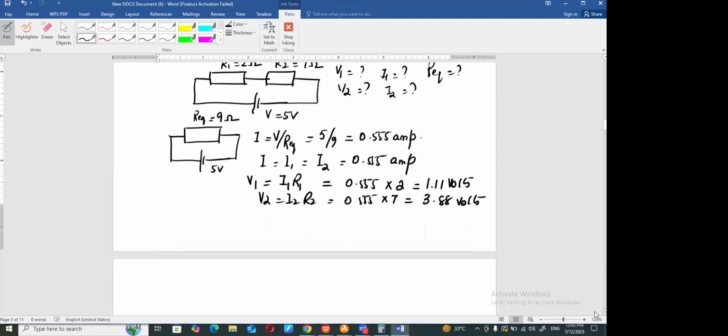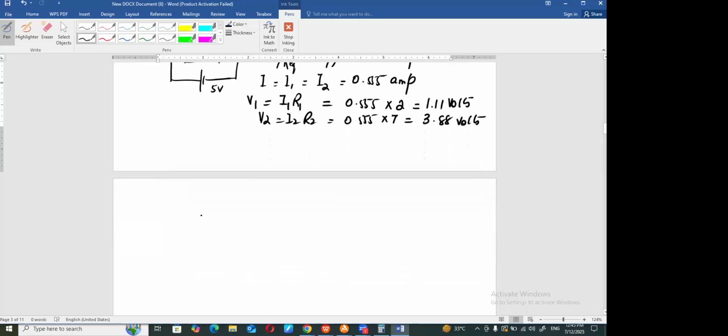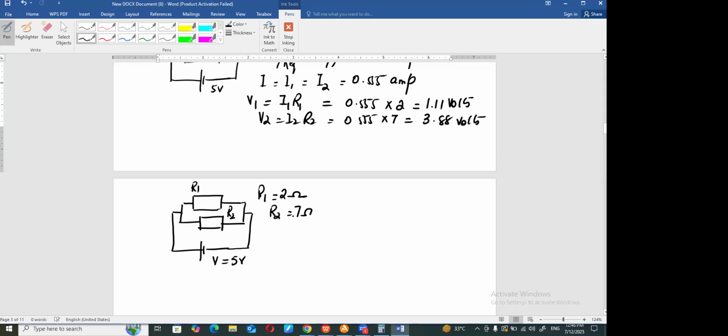calculation for the parallel circuit. Now how does it work? Same two resistors, R1 and R2, are connected in parallel. Right? This is V is equal to 5 volts. This is R1. This is R2. R1 is equal to 2 ohms, while R2 is equal to 7 ohms. For the time being, we're not taking any values because the first thing is to find out the equivalent resistance